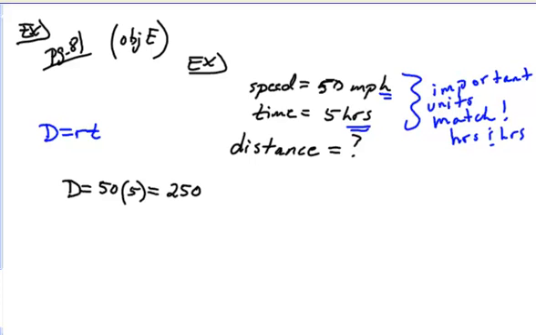Now wait a second. Distance is not going to be like miles per hour. It's going to be just miles, right? Now how do we know it's miles? And that's the unit we're already using, right? Because it's talking about miles and hours, everything should be matching. We should be talking only about other hours and other miles. Technically stuff cancels out, but I'm not going to show you that right now. Just know that because the original had miles in it,